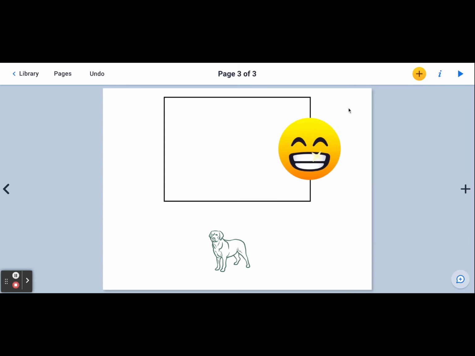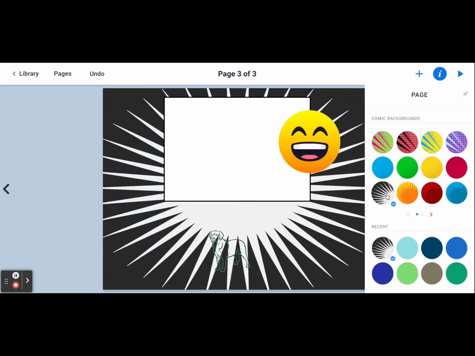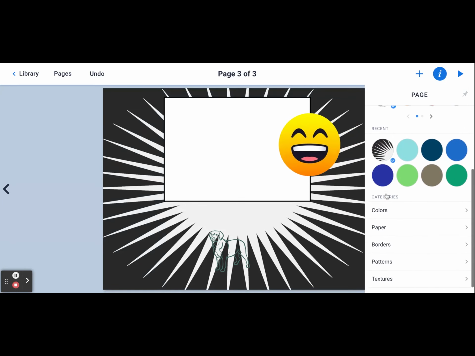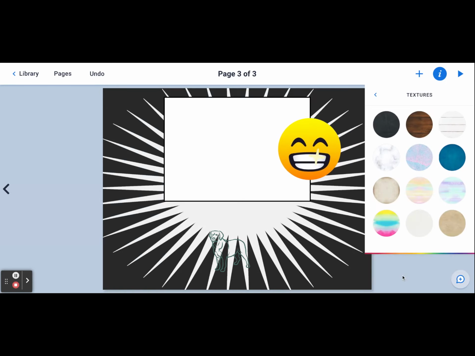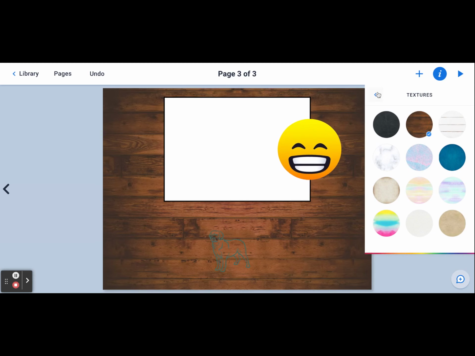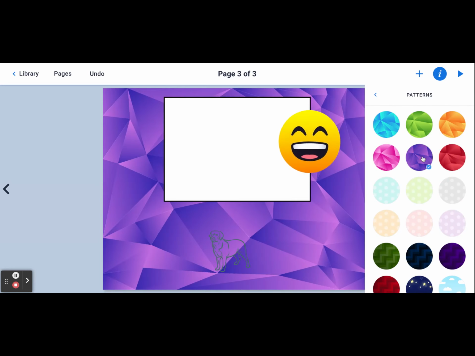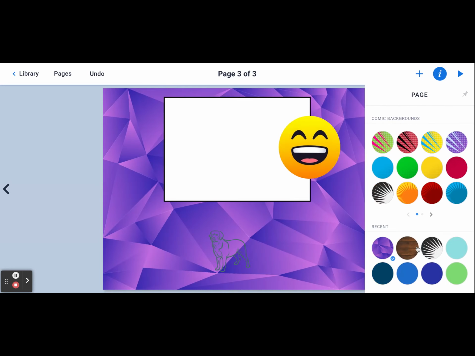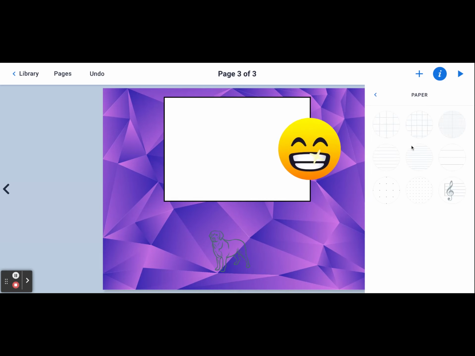So the one last thing to add is a background on a page. And because we already have a background on a page, we're not going to click add, we're going to click I for information. You'll see there are a bunch of comic backgrounds we can use. These are ones that have been recently used, and we have everything from textures. So I could make it a wood background if I liked. We have patterns we can use. There are borders, there's different types of paper, so you can use graph paper or even music paper with your